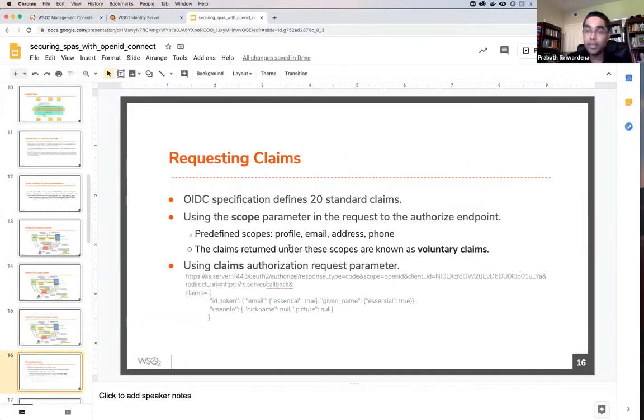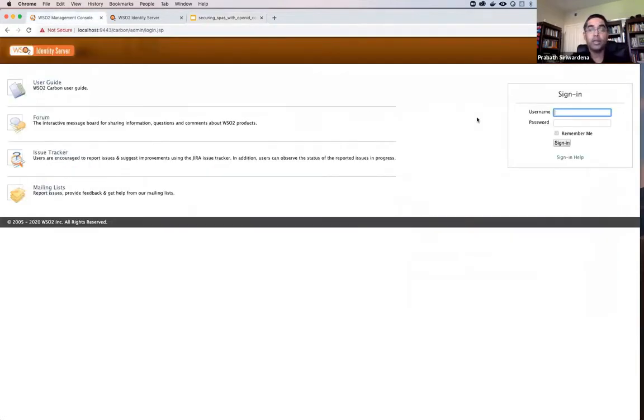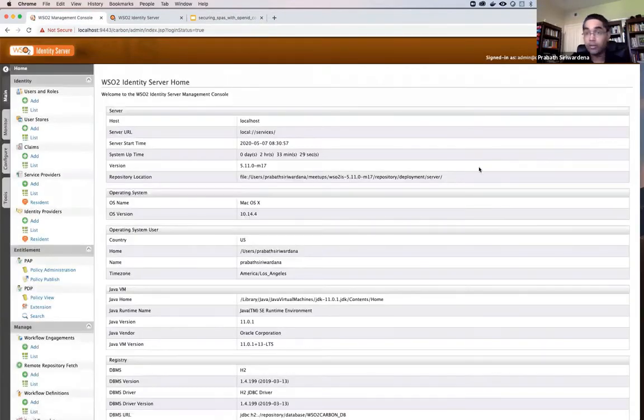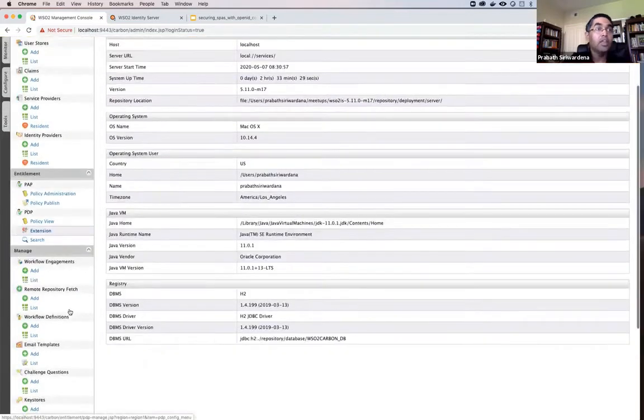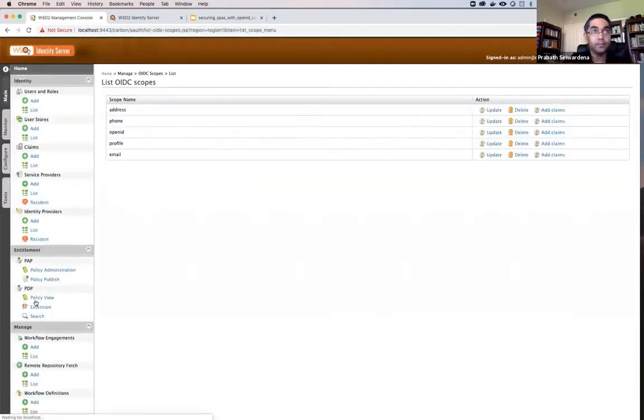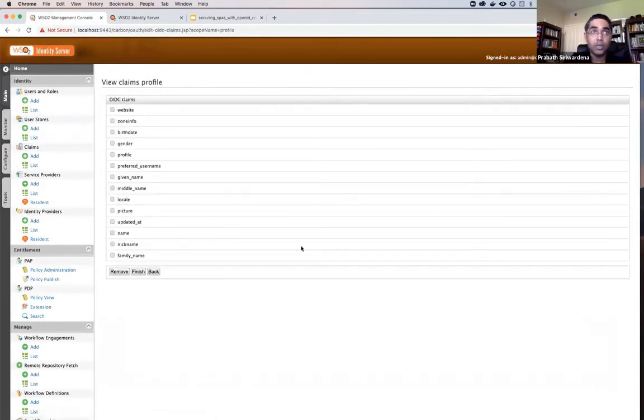Once again, in addition to these scopes, you can add your own too. And we see some implementations have the flexibility to define what should be in the profile, email, address, and phone scope values. You can extend what is defined in the spec. If you look at how we have defined this in WSO2 Identity Server, you can try this out too. This is all open source. If you go to scope definitions here and expand the profile scope, these are the standard claims defined in OpenID Connect.